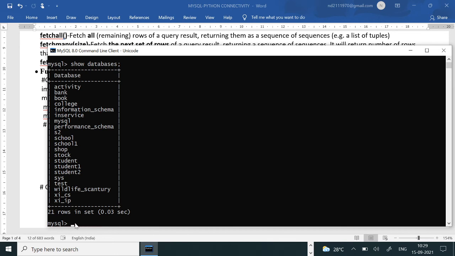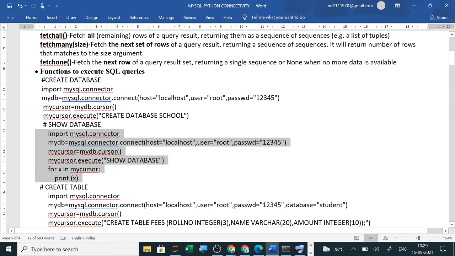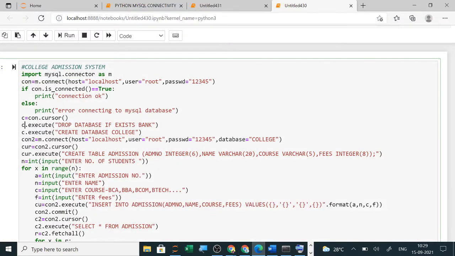Now if you want to drop it, you can drop this database college here, or you can drop it here also, like here it is written drop. Now drop database. Clear? If it exists, the name of the database I have given here is college, and then it will proceed.